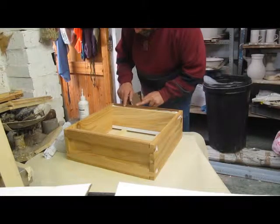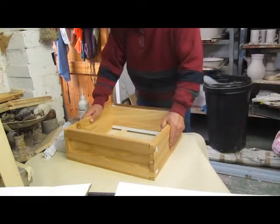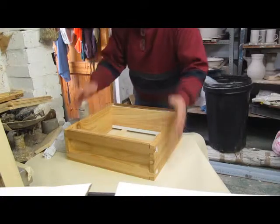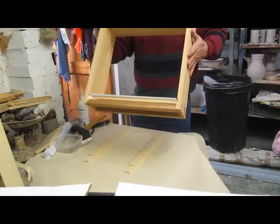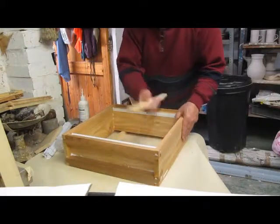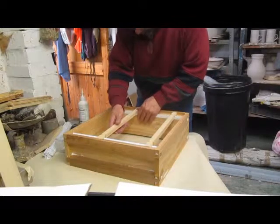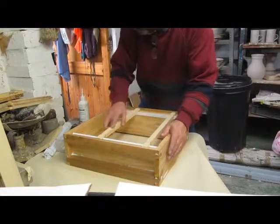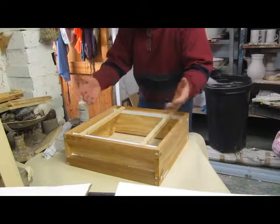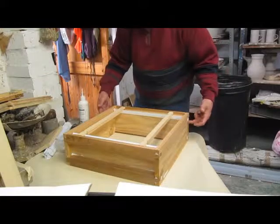Sometimes the wood doesn't actually match up quite with the bee space, but as long as those frames are flat at the top. It all depends on your plastic, because sometimes if you haven't got that bit of plastic, that runner, flat, one side will come up. Bees are a little bit tolerant to a little bit of space, but too much and you're in trouble, or too little you're not. So that's basically now flat with the top, and you can run it all the way. Obviously there's a little bit of movement there at the moment because all the joints are still tight. So now basically what I'm going to do is put a couple of nails in to hold this